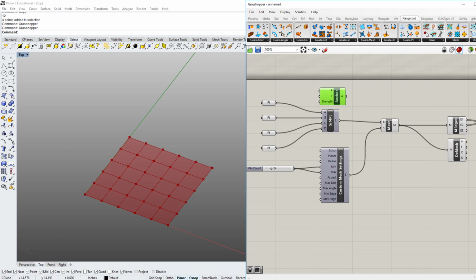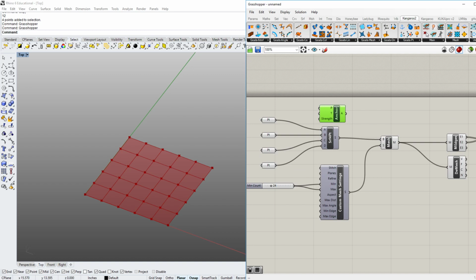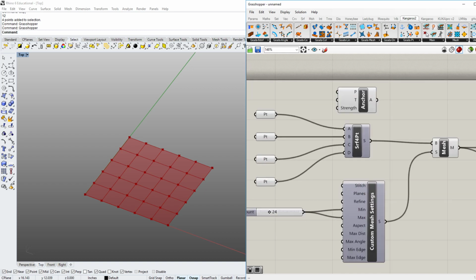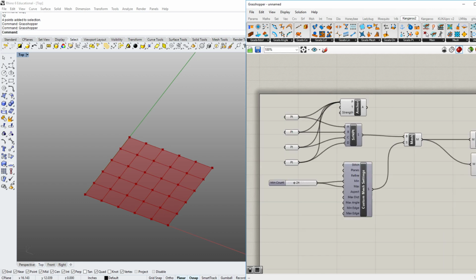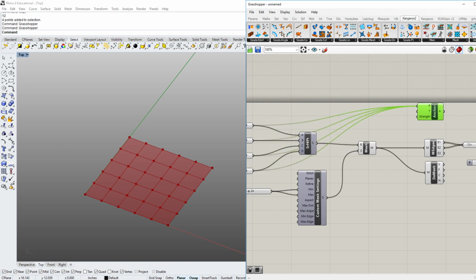So I'm going to go back to the start of our definition, and I want to plug all my 4 corner points into that anchor point component. So I'm going to go ahead and drag this over. Again, I'm going to hold Shift on the keyboard to plug in multiple, just holding Shift the whole time. Okay, so now we have all 4 points set up in this anchor component,